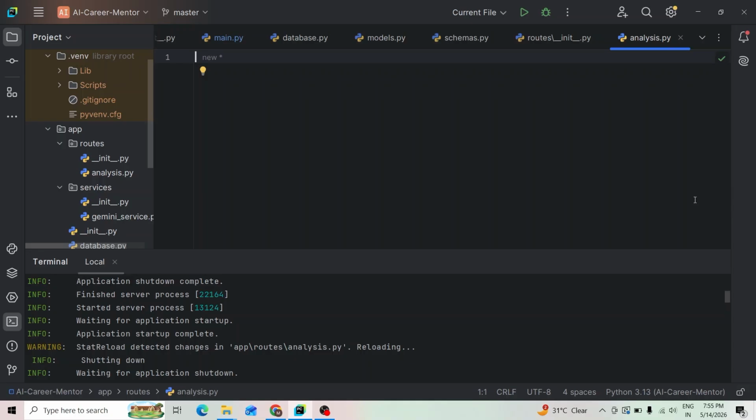One thing I'm slowly realizing while learning backend development is that writing the code is only one part of the process. Organizing the code properly is equally important. And if everything lives inside one file, things become messy very quickly. So let's open our root folder. As you can see here, inside this we'll open the analysis.py file,